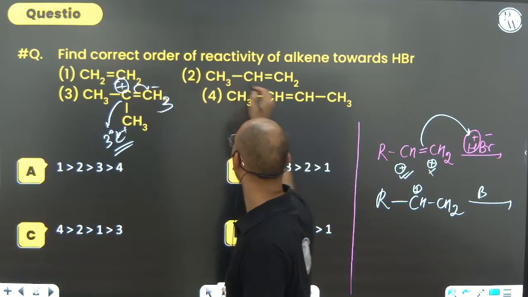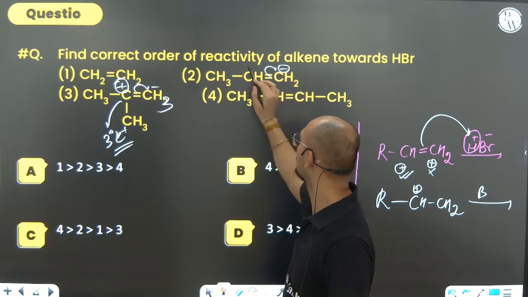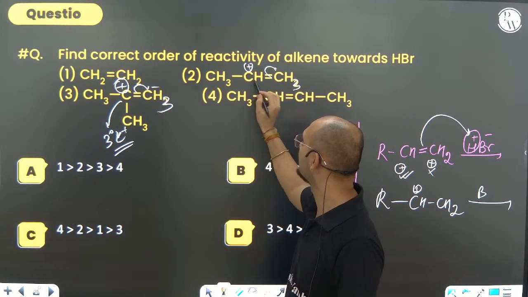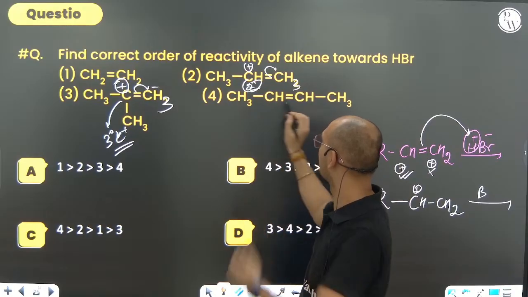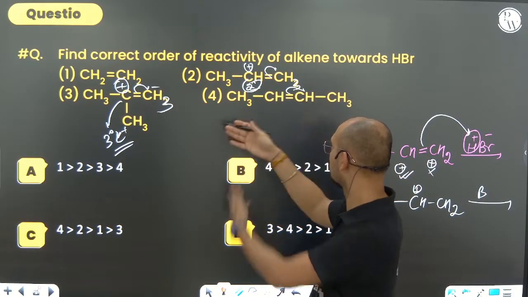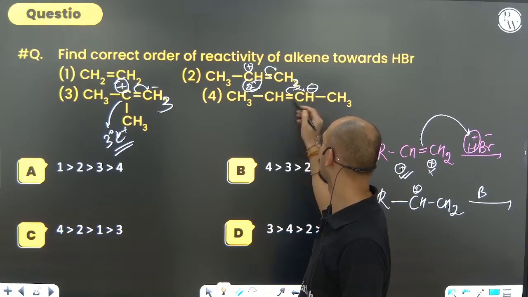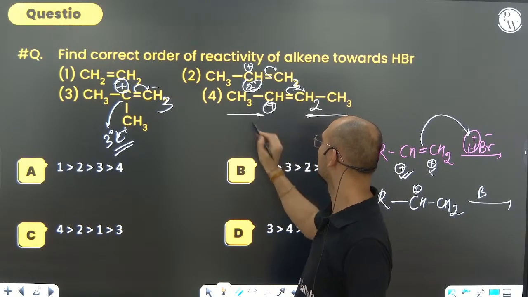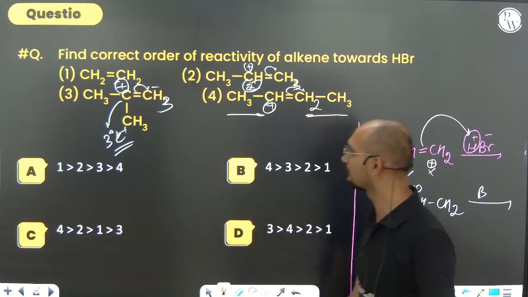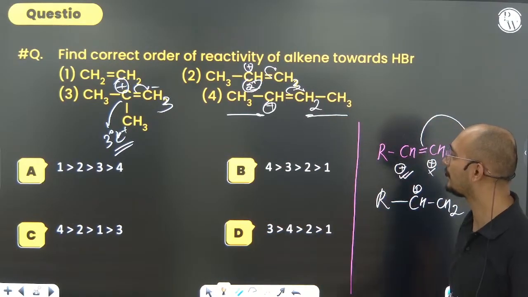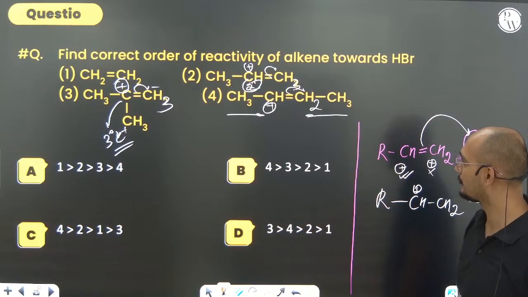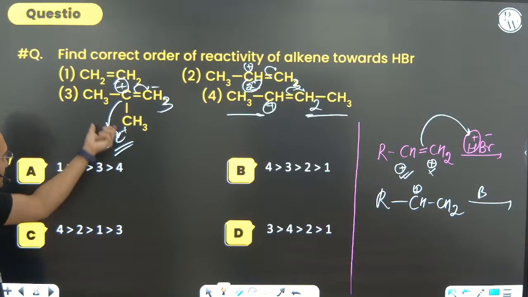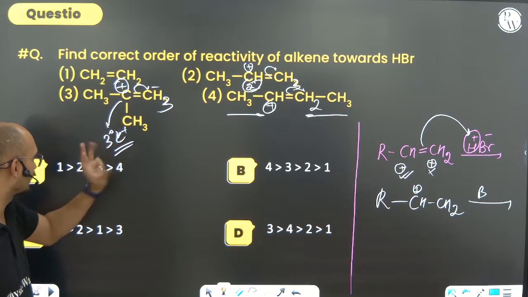Can you see here? Here it is going to be positive, or you make it CH3. So here it is 2 degree. Because both of them are the same, here it is going to be, or make it CH2 and make the positive here. Can you see there is more stability from both sides? So in such a case, we can say that the maximum will be for 3. 3 is going to be maximum because of more stability, since it is a 3 degree carbocation.